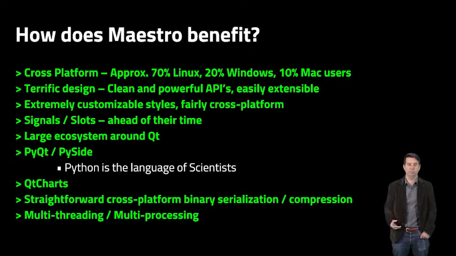The cross-platform serialization, binary serialization that works really, really well, easy to support, easy to do compression. All of these things are great because we don't have to have large sections of our code base dealing with these things with if-def statements across the platform, so it's wonderful. And then multi-threading and multi-processing. Again, this has gotten a little bit more cross-platform over the years, but there was a time when imagining doing one code base that could handle multi-processing, multi-threading fluidly, and it worked well across all three platforms. That was a dream when that was first realized.